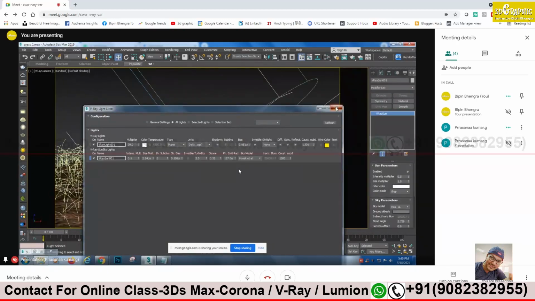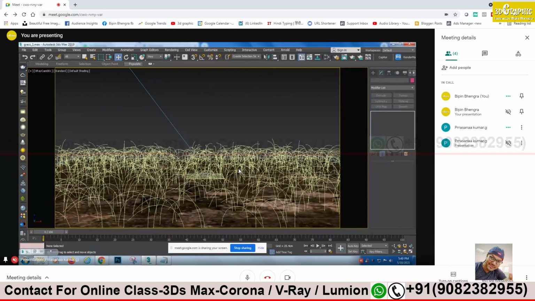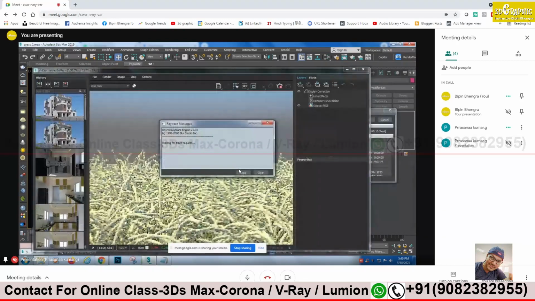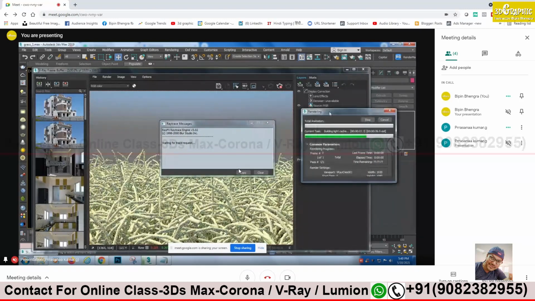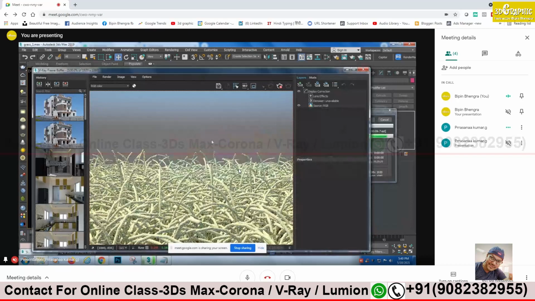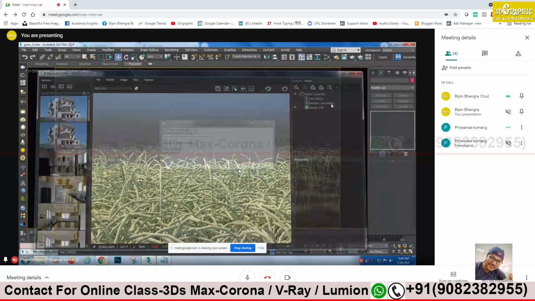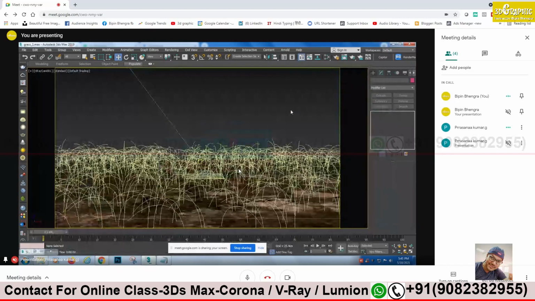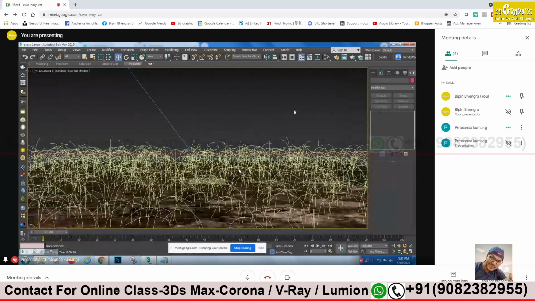Correct. Or if you can apply the texture, you will get a better result. Yes, this is the default texture of this fur, that's why it may not look proper.